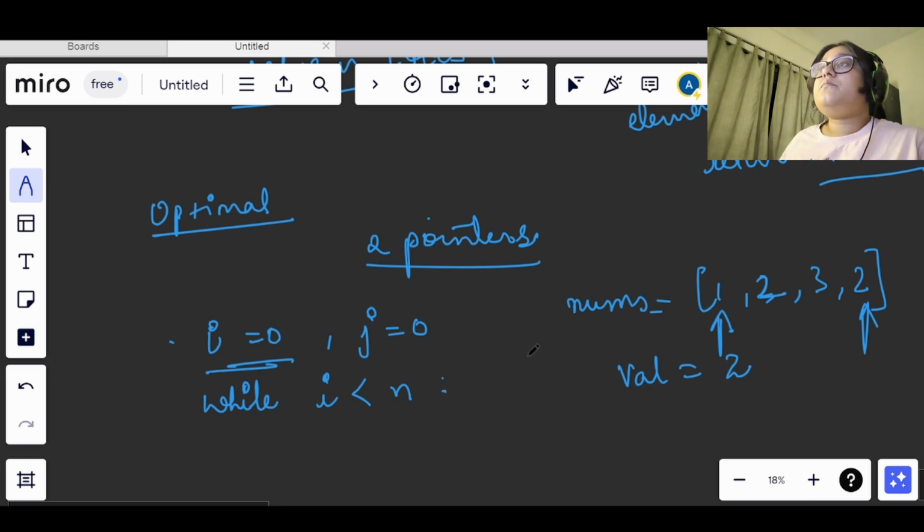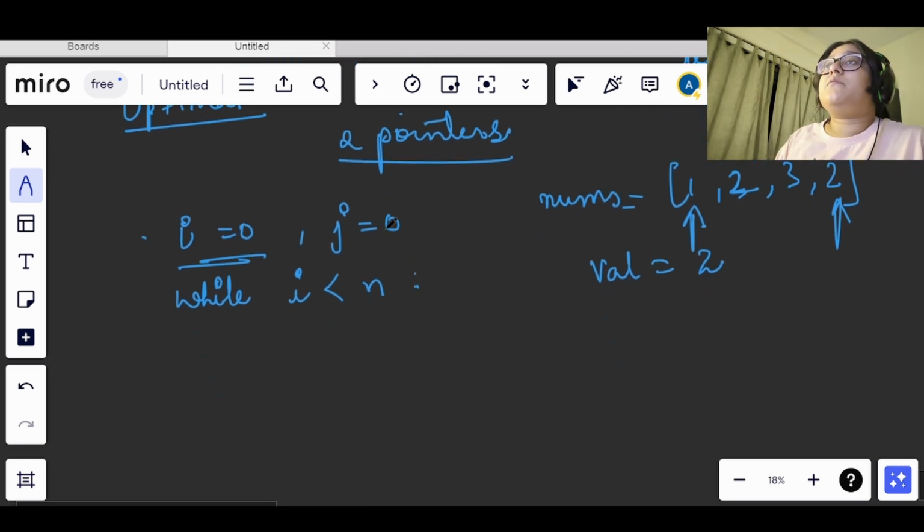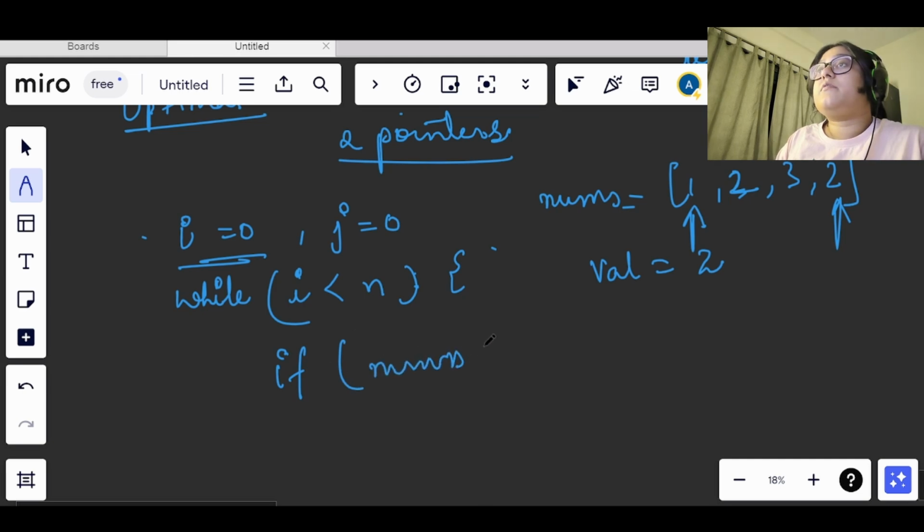Now what we will check here: if nums of i is not equal to val, then what we will do? This 1 is not equal to 2. So we have this j here, and at that index j we will insert that value.